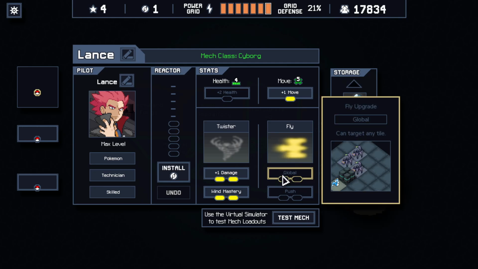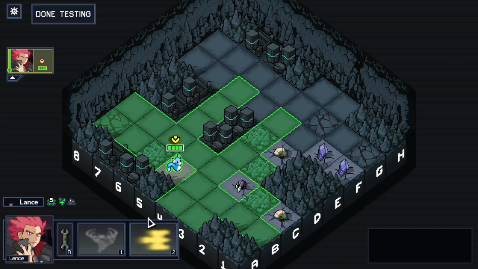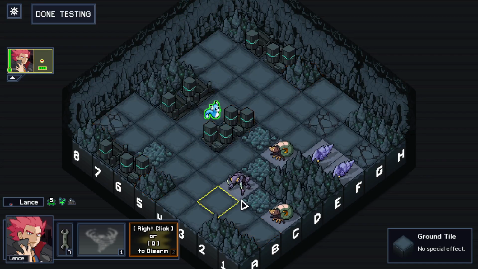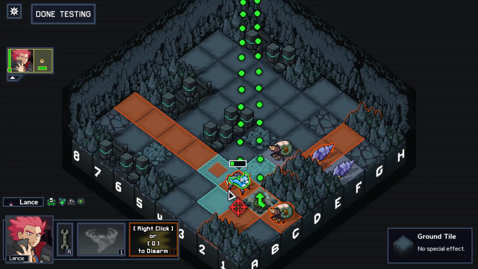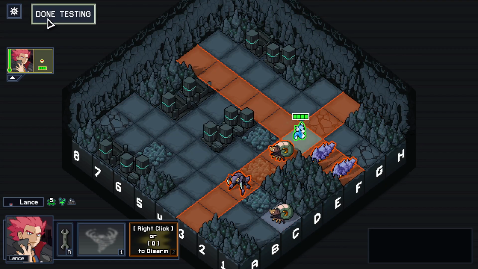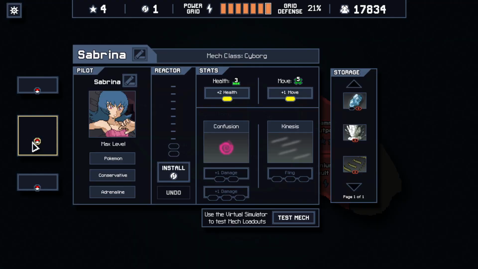This... is odd. Hang on, what exactly is fly? So... Okay, so I'm supposed to target an enemy in the path, and then pick where I'm landing. And the upgrades let me target any tile and push the adjacent tiles, but not the one I land. Okay. Sorry for the aside, but I was...